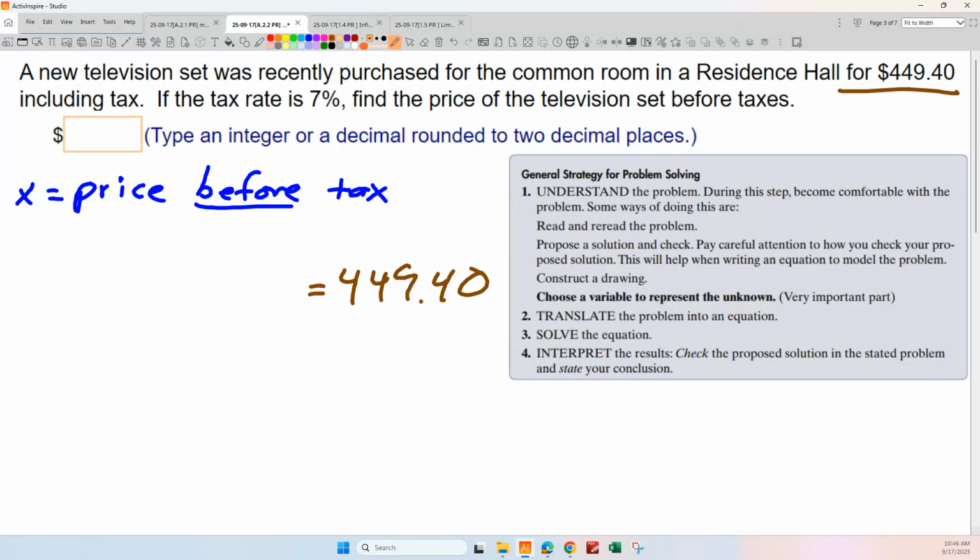Okay, that's the price after tax. How do I calculate that? It's the original amount, which is what? What's the original price, the sticker price? It's X, right? That's what we wrote down. It's X